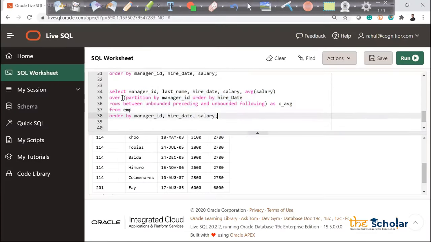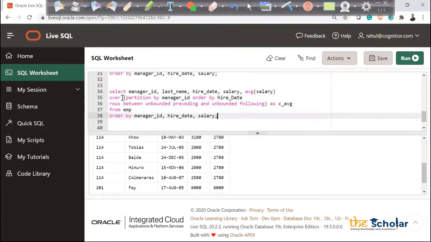So you can see how important this function is, right? We can do a lot of things. Let's say I want to find the rank. Who has the highest salary or something like that, right? I can do that also. As of now, we are finding the average salary. I want to find the rank. Let's see how we can do that.